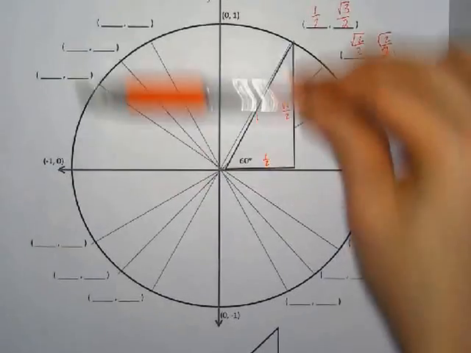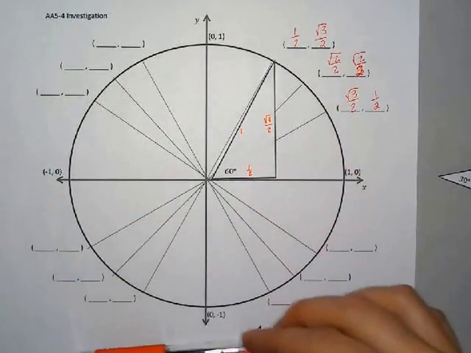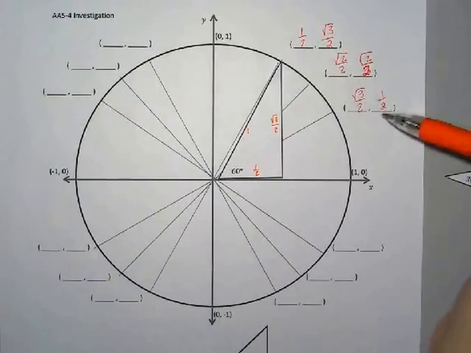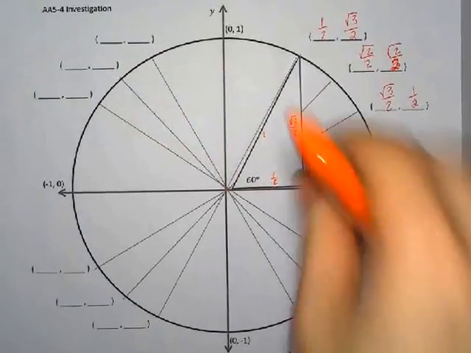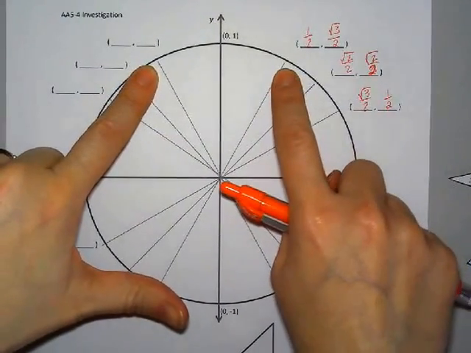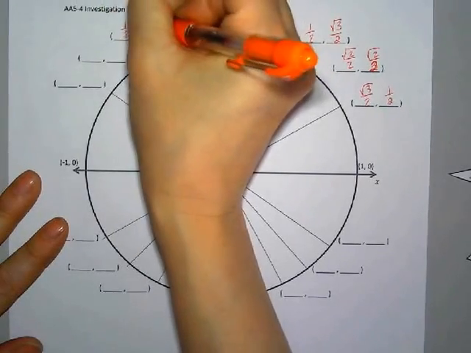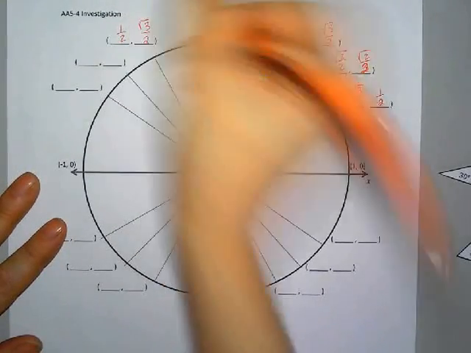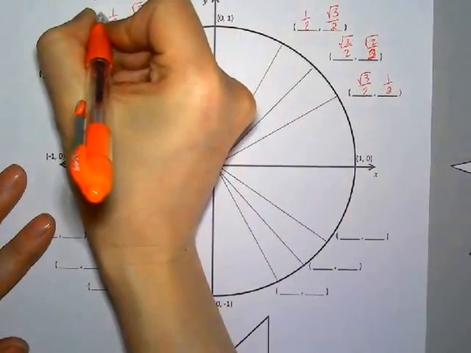So the mirror image on this side, rather than being just 1/2 and rad 3 over 2, what's going to be different about that one? X is negative, so it's going to be negative 1/2. Rather than just being rad 2 over 2 and rad 2 over 2, once again, my X value is negative. So this one is going to be negative rad 3 over 2, and then my Y value is going to be